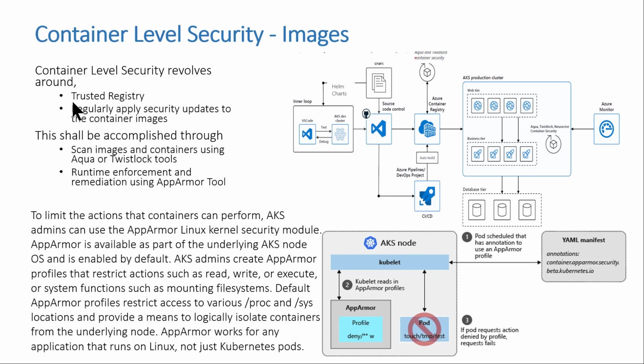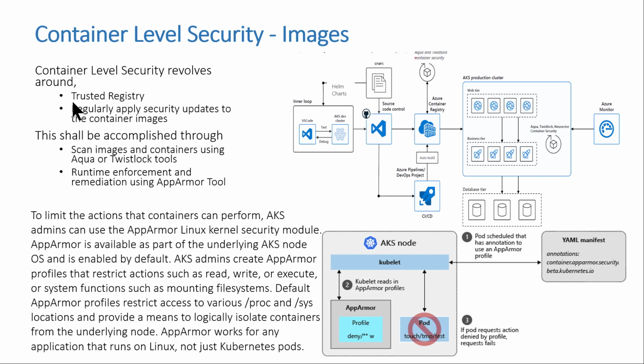It is absolutely important to scan images and containers using some third-party tools such as Aqua or Twistlock. I'm not going to go into the details of these tools, but I strongly recommend that if you're not familiar with them, please do a little bit more research around Aqua or Twistlock, and whatever your organization decides, pick a tool that you would be leveraging. You might already be using this tool in your DevOps process, probably without being aware of it. That's where your collaboration with your DevSecOps teams comes into the picture. Talk to them and find out what tools they are using, what tools they're planning to use from their DevOps perspective, that you could extend and leverage